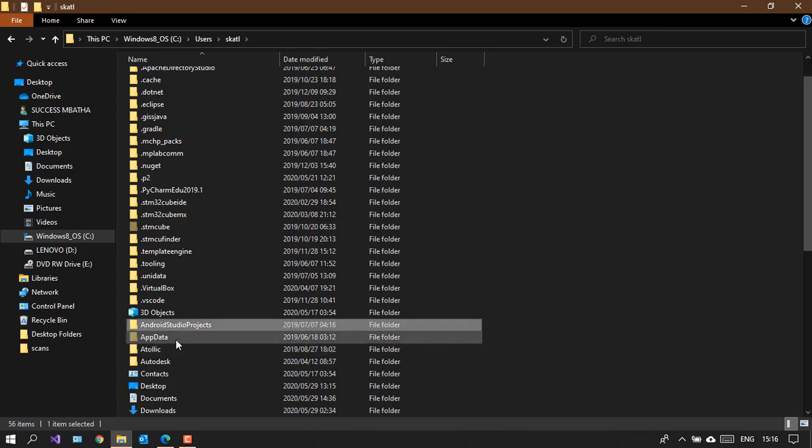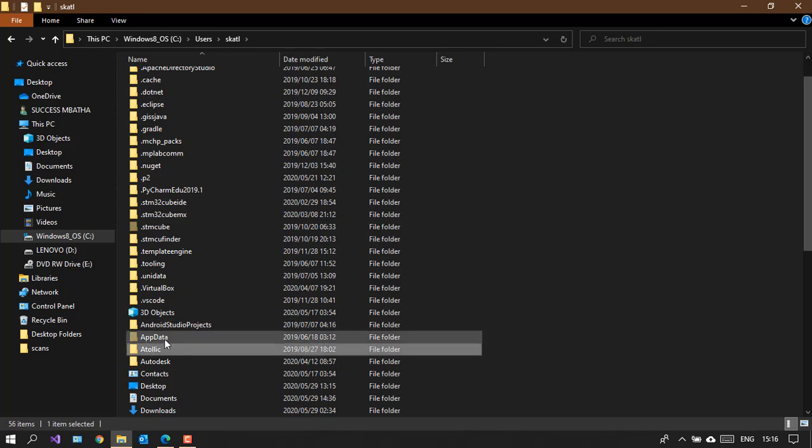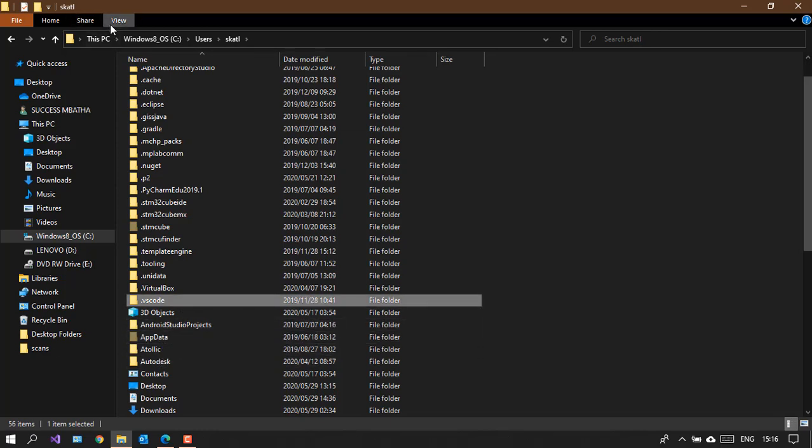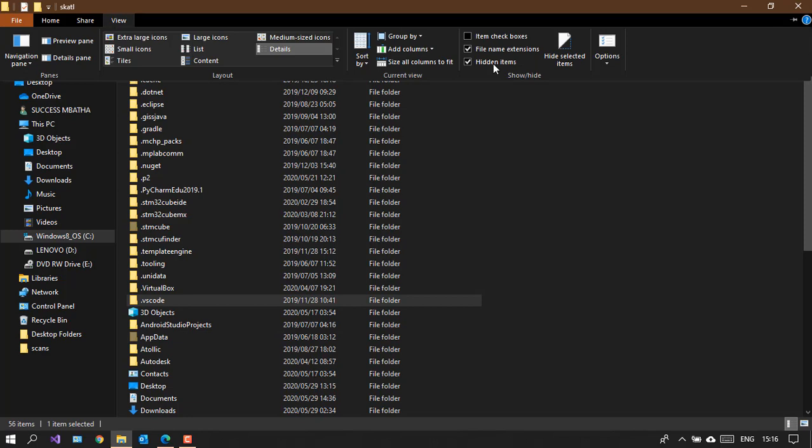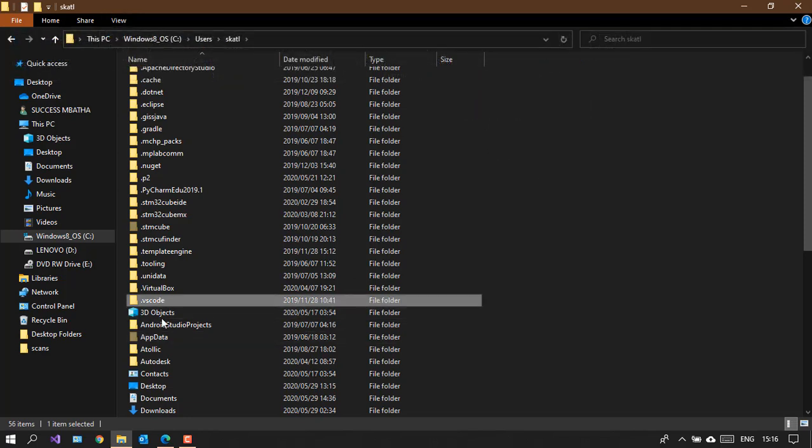So basically, you should go in there if you know what you're doing. But I'm going to allow you to be able to see this. Normally, you shouldn't be able to see AppData. So if you don't see it, go to View, and then click Hidden items, make it visible there. Just enable that, click Hidden items. So from there, go to AppData,